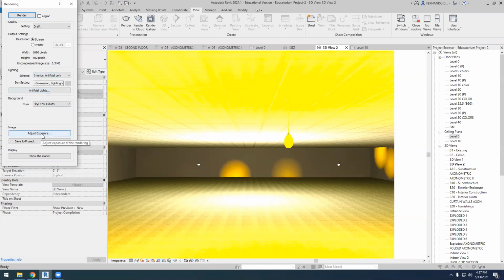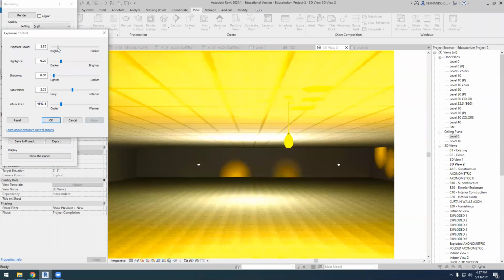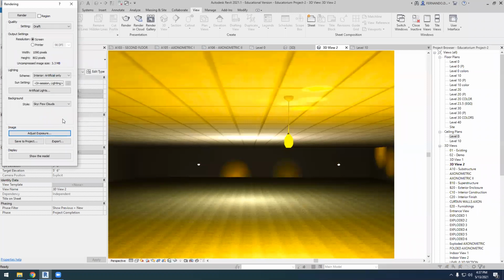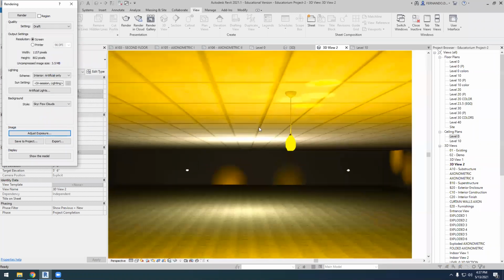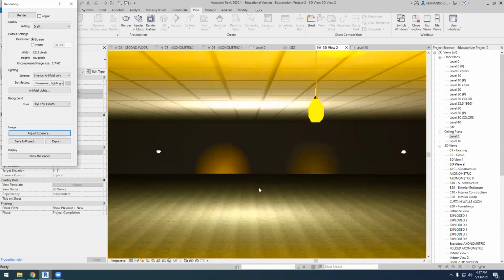The exposure is too high, so we will bring it down. So that's it. Okay, and I like this kind of lights